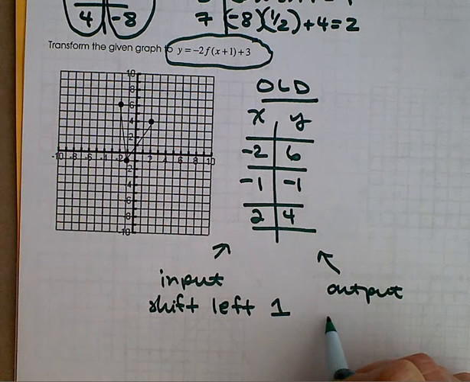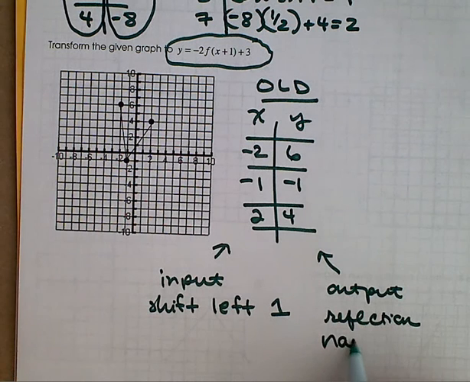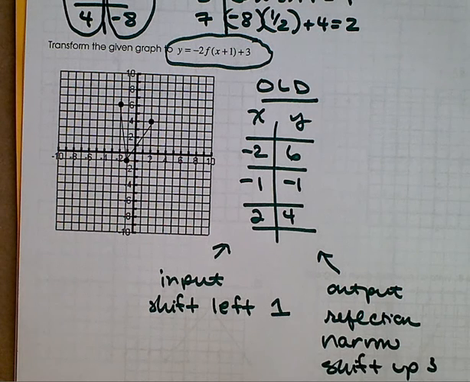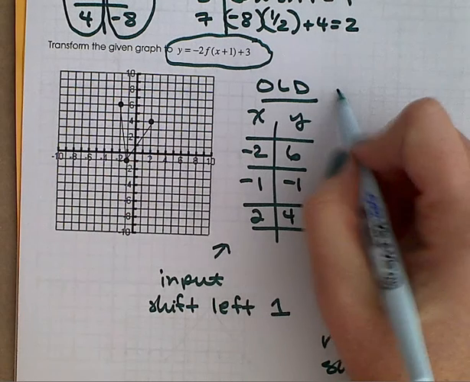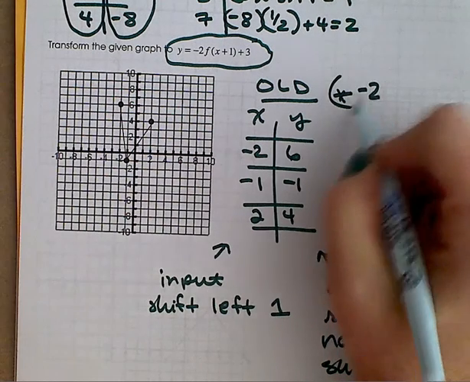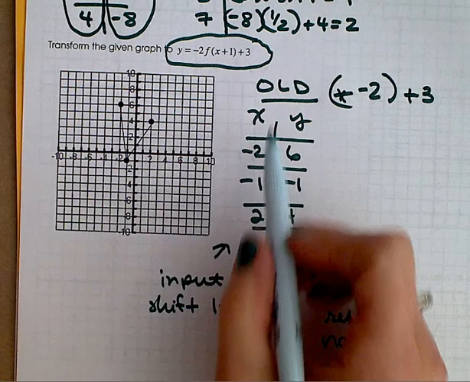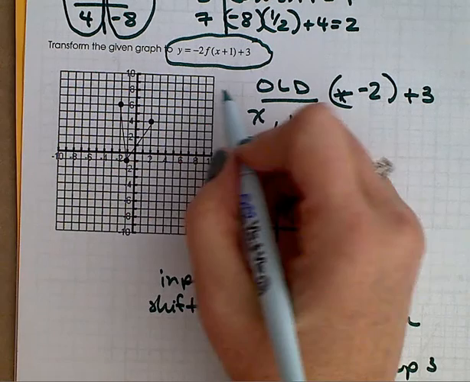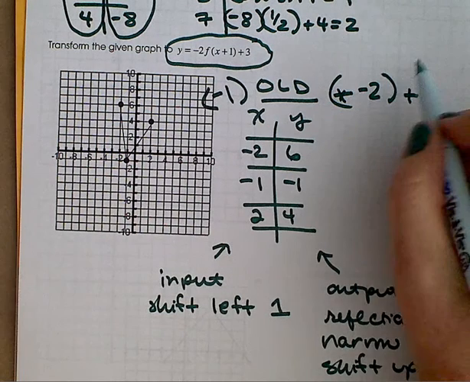a reflection, a narrowing, and a shift up 3. So that can all be accomplished by multiplying the old output times -2 plus 3. And the old input, all I'm doing is subtracting 1. So my new